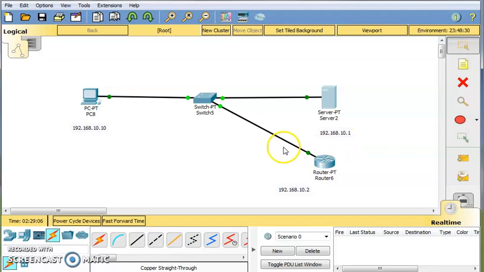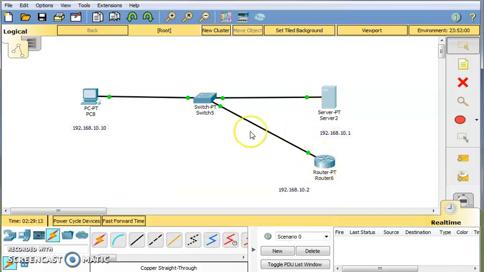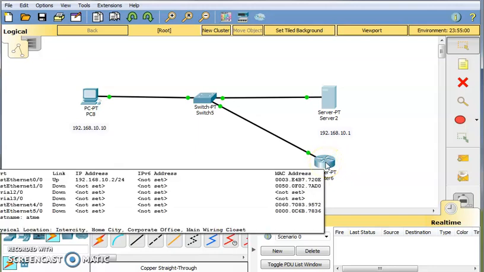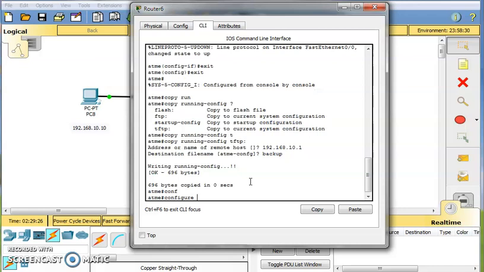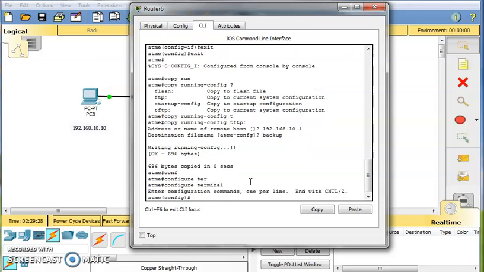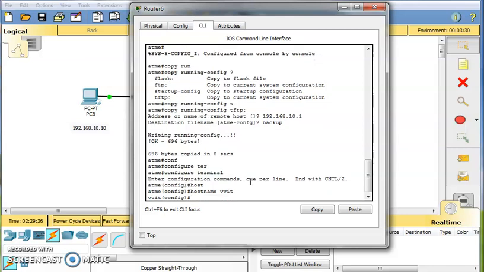This is the procedure where the file is copied from the router to the server. Let's assume I will change some configuration in this router. Config terminal. I will change the host name to VVIT. Now it is changed. I will change the IP address also.